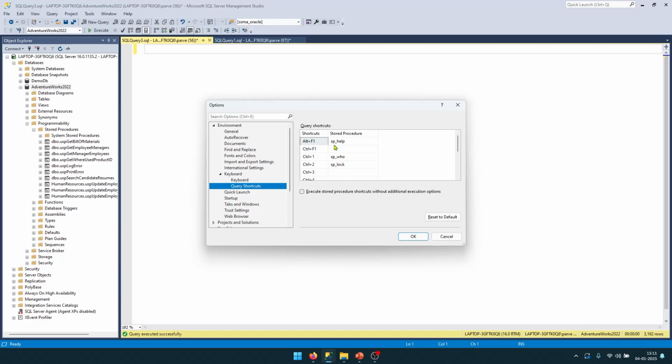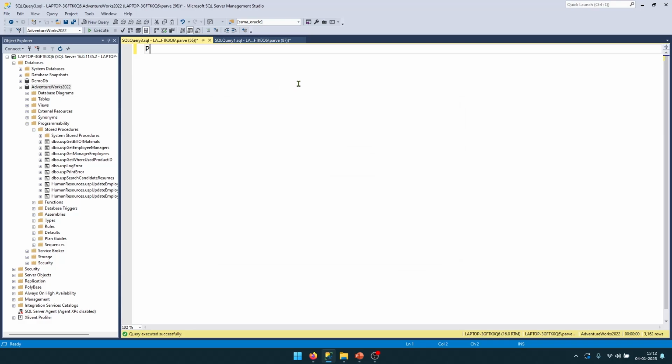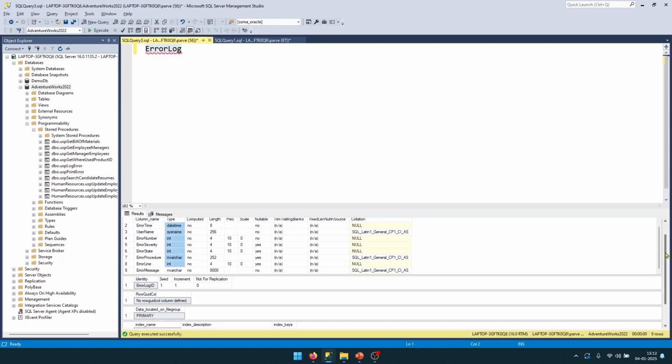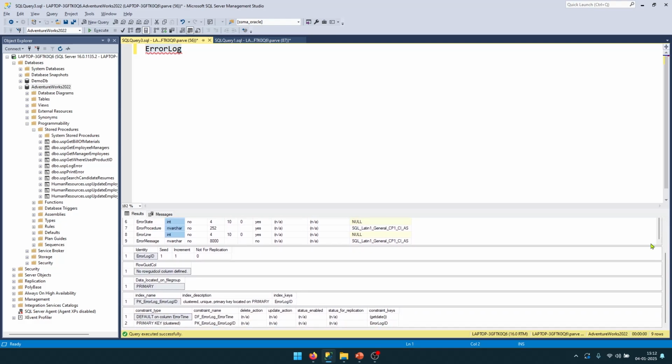If you see the first one, sp_help, this is used to find the information about your object that is present in the database. Let's say I want to know the details of the table which I am using. Let's say I have the table ErrorLog and I want to see what are the columns available in it. So I can simply select this and press Alt F1 and it will give me all the available details about this table. What are the columns available in that table? What is the type of that column? And if there are any primary keys or foreign keys available in that table, that information will also be shown